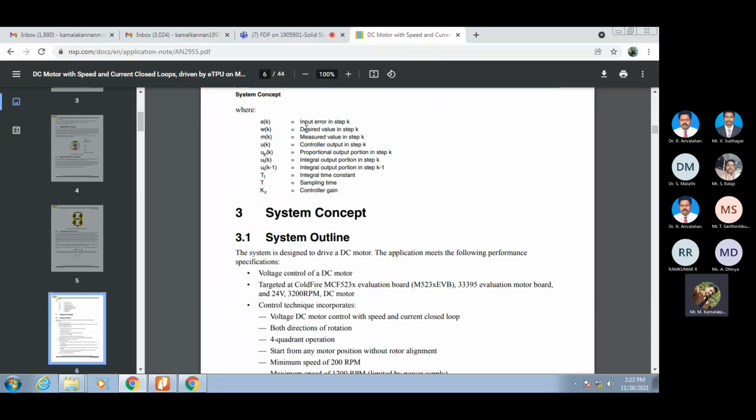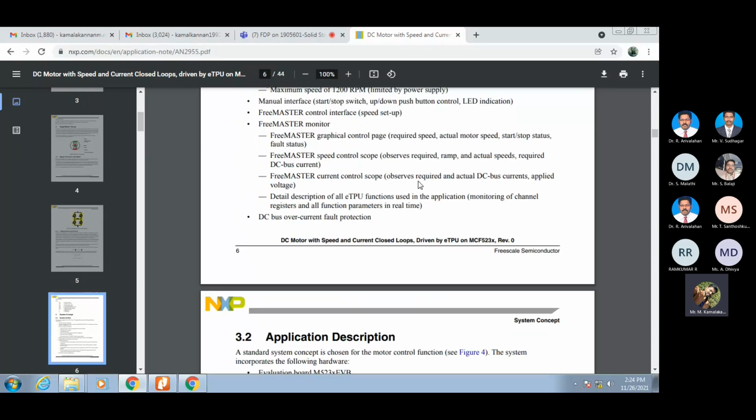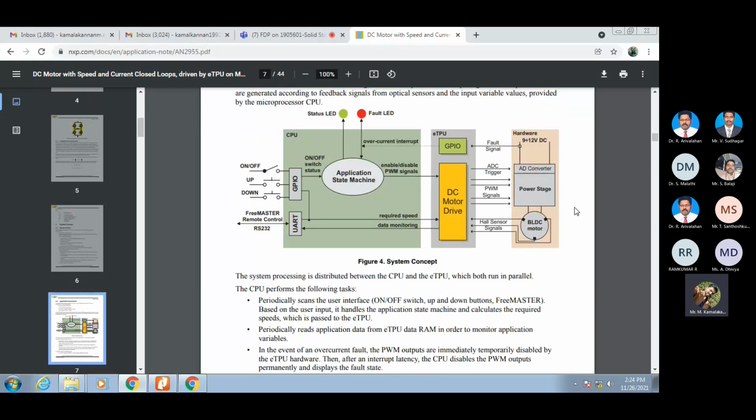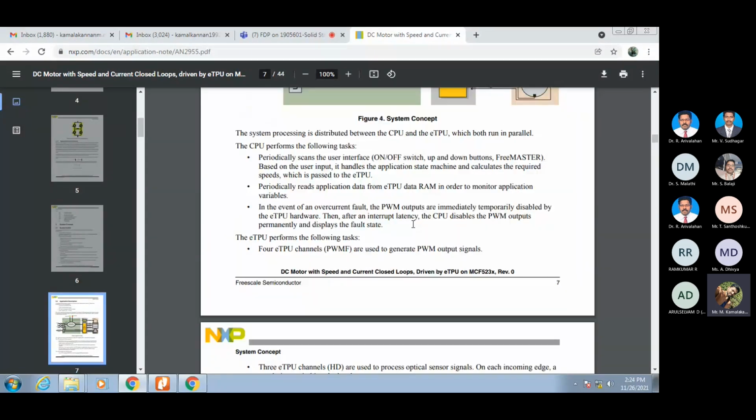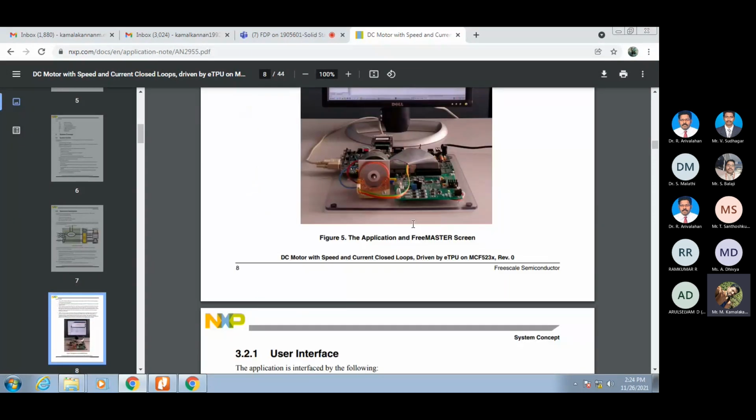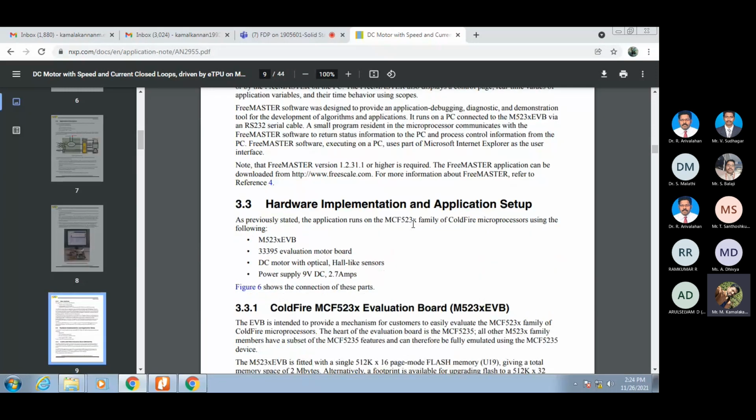The controller output, the controller desired value, the controller time constant, the controller gain. We were repeatedly telling that K is nothing but the gain of the system and T is nothing but the time constant of the system. So whatever we have studied is actually applied in the real-time application. And for this BLDC motor, we have to design this drive, and that drive is going to be performed with the help of the program we write for the microcontroller or the DSP which is attached to it.